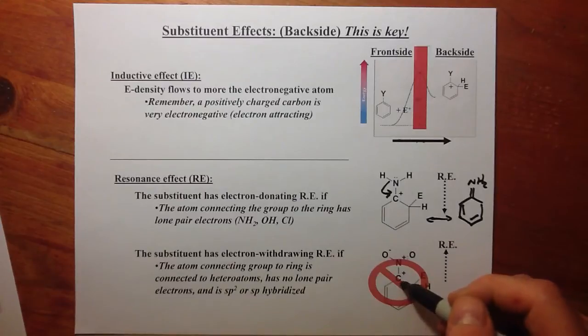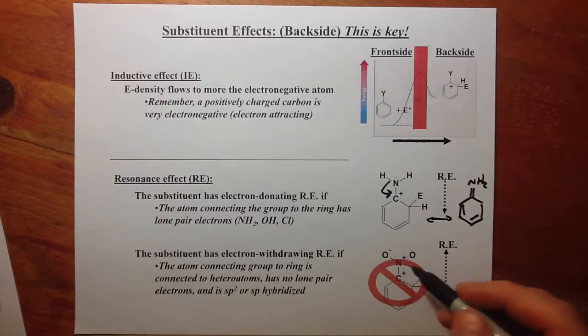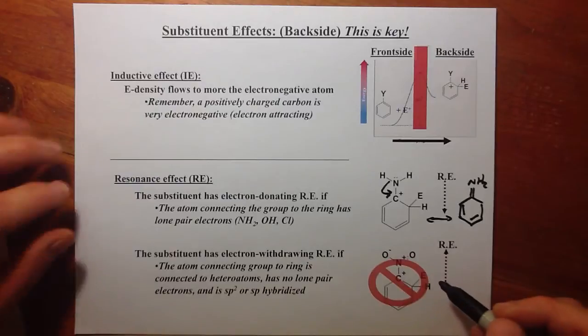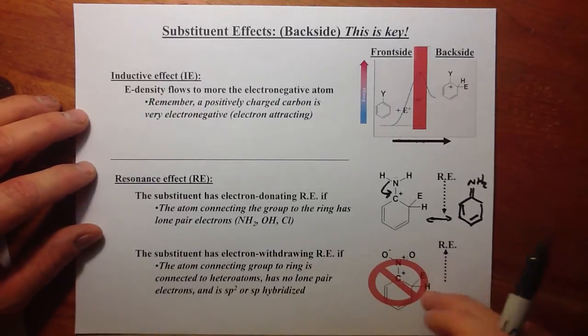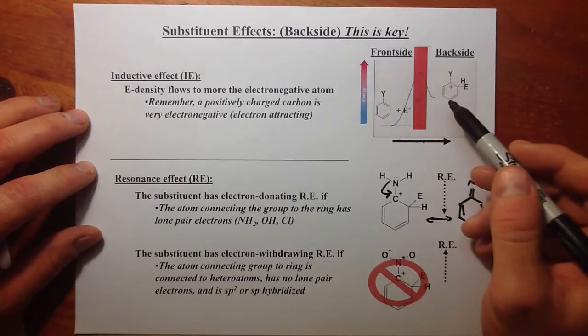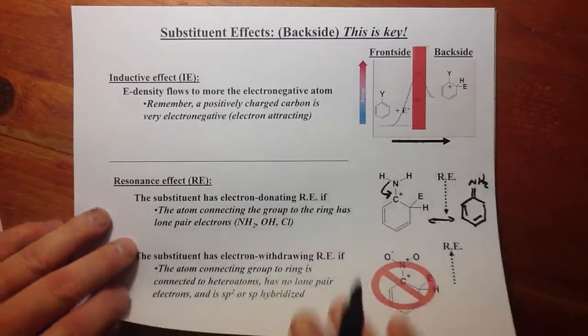Put a carbon with positive right across from this, that would be very bad. There's nothing that the nitro group can donate to this carbon as a lone pair goes. So this would be very unstable. We would not see this favored as a sigma complex. So we have to consider resonance effect on the back side. Let's do that